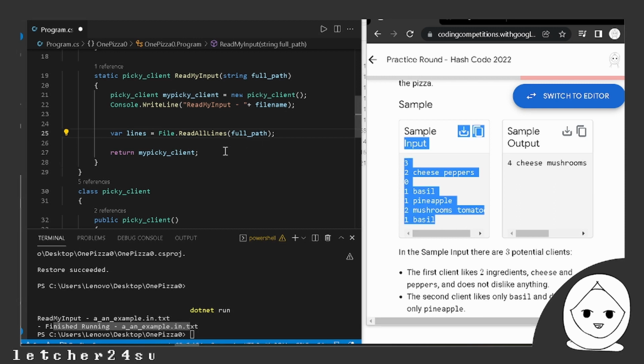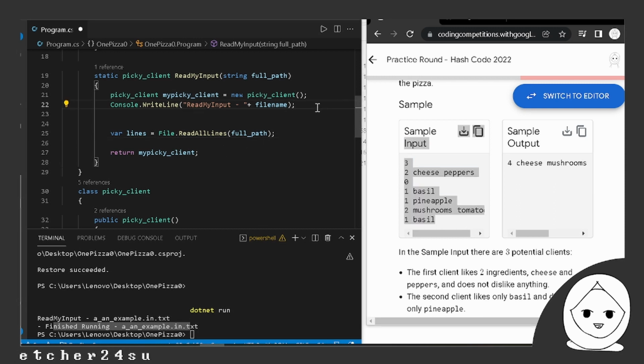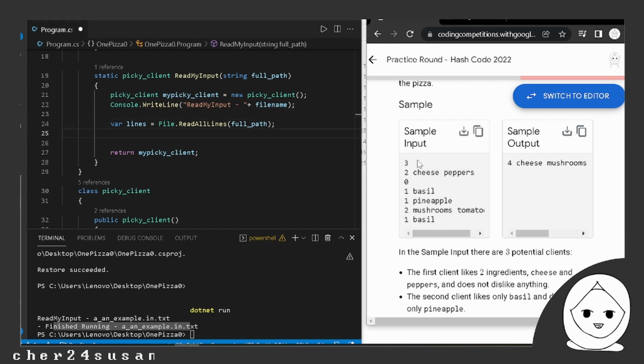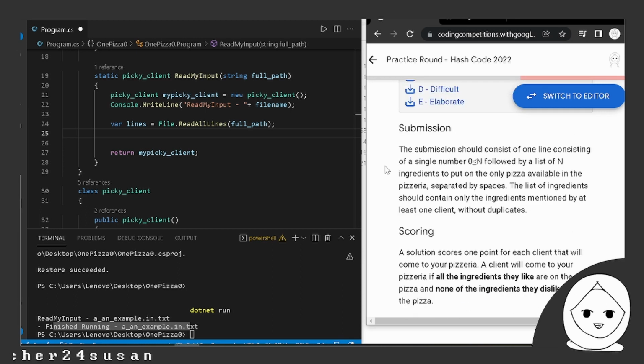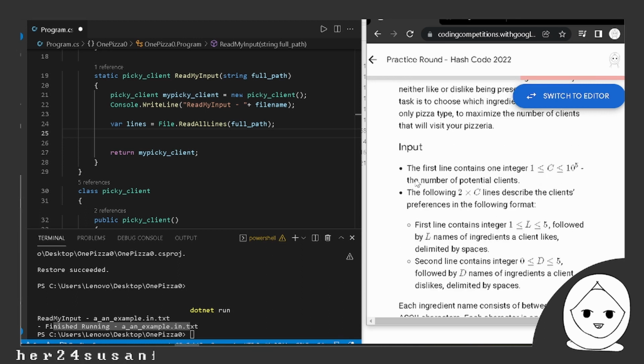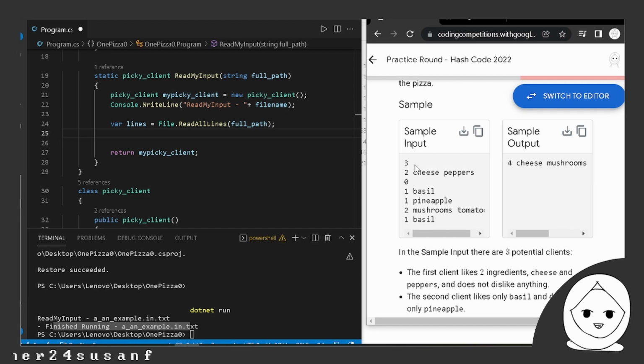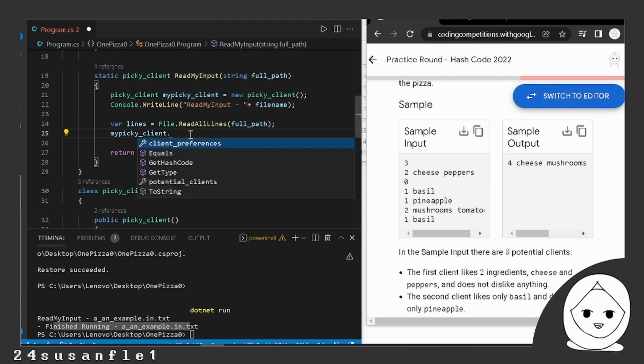Okay, what we can do is say, because I just created an object for it, I know that the first line is always one integer. Again, we read through this input and it's saying the first line is always one integer. Given that, I have my picky client, and the picky client has client preferences, and then it has a list of potential clients. In the client preference part,